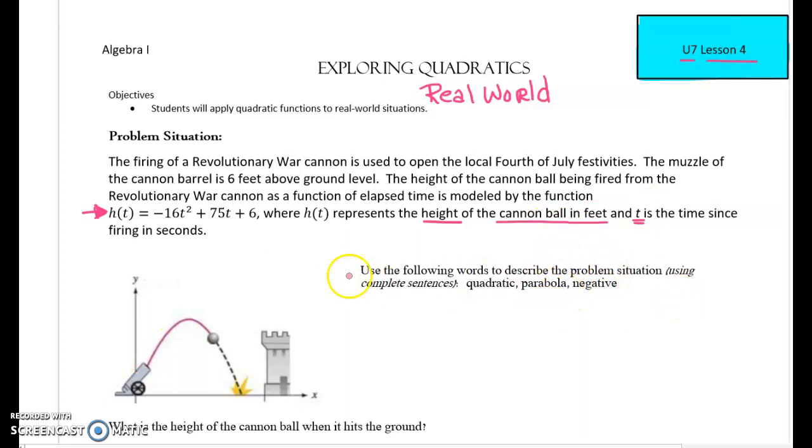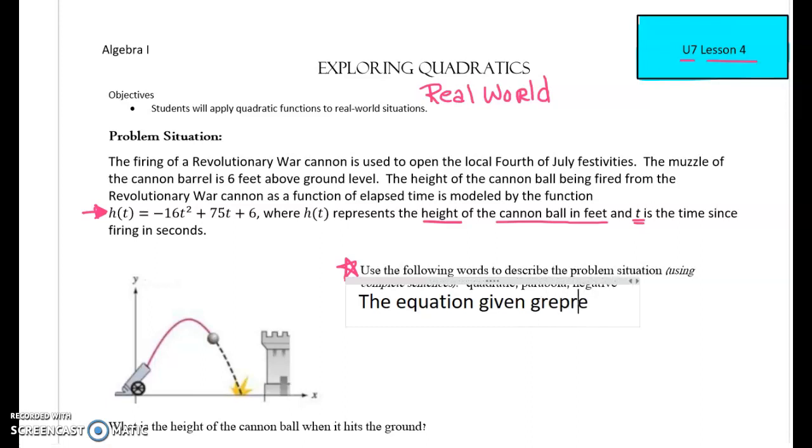So the first thing that we want to do is use these words: quadratic, parabola, and negative, to describe this problem situation. I'm just going to type here because I can type quicker than I can write. So we're going to say the equation